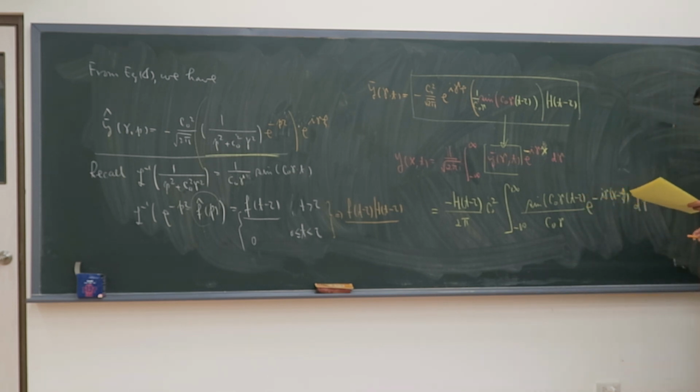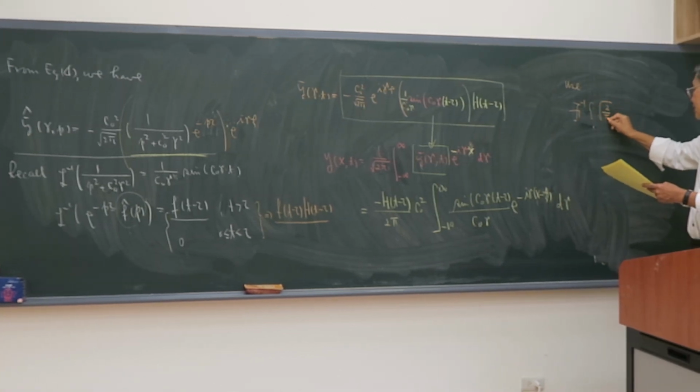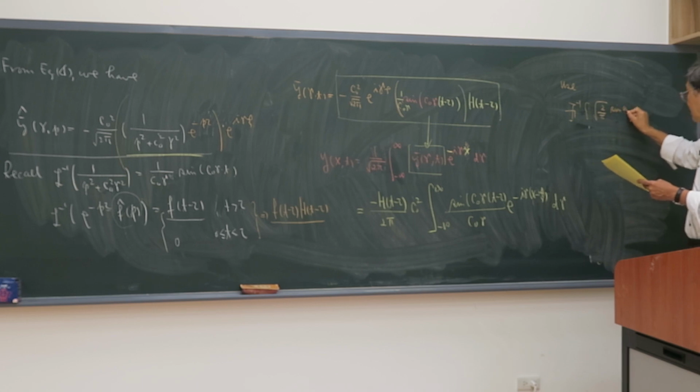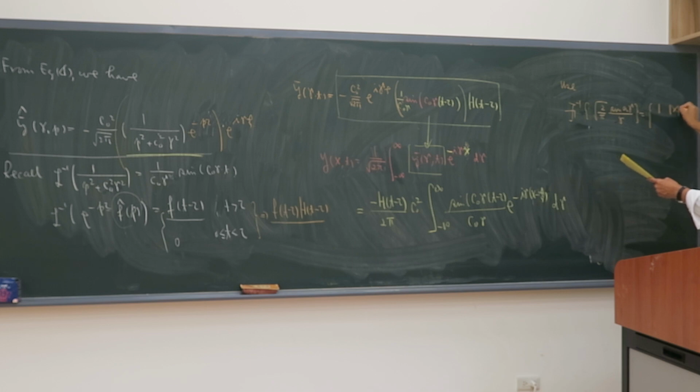So now we want to use the Fourier inverse of the function square root of 2 over pi, sine A gamma over gamma, equal to 1 for x value smaller than A, and equal to 0 for x larger than A. Okay, it's very